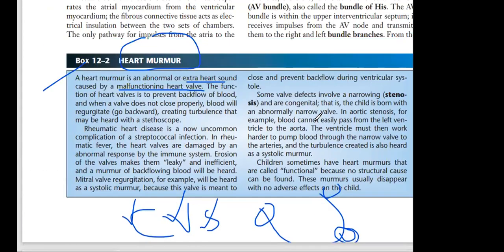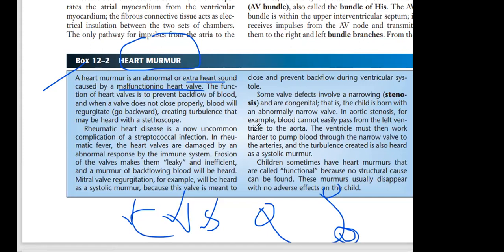Then you will hear some malfunction of the heart, some disturbance sounds, not lub dub. Why is this happening? Because of the valves. Most of the problems are present in the valve. You may hear that the patient has triple valve disease. Triple valve disease means all three valves present in the heart are not functioning properly.